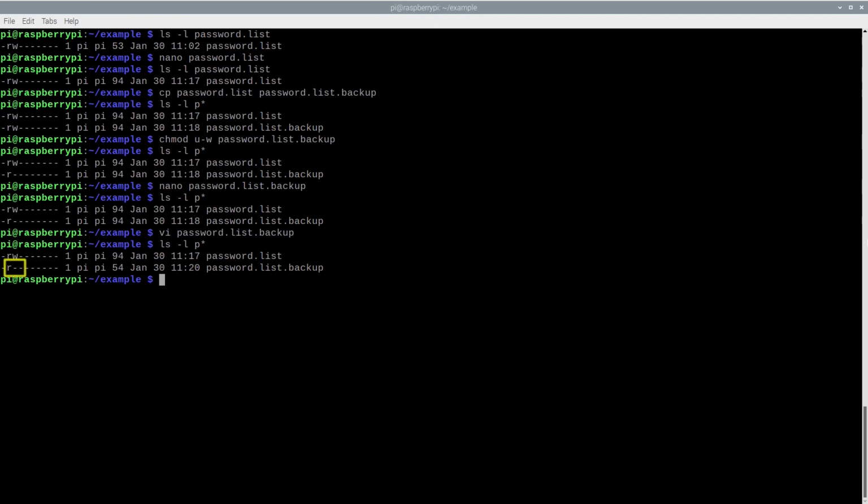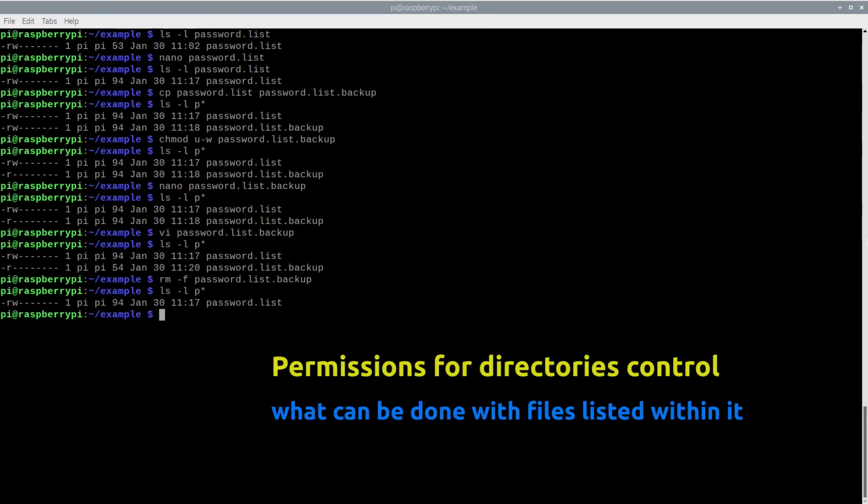My backup file is read-only, but I can still overwrite it using copy, move, or rm commands if I use the -f force option. Here's a forced rm command example with the read-only backup file. No prompt, no warning, backup file is gone. Ultimately, it is the directory permissions where the file is listed, and not the individual file permissions, that control what can be done with the file itself. I will revisit this important nuance in my next lesson, where I will explain permissions for directories.